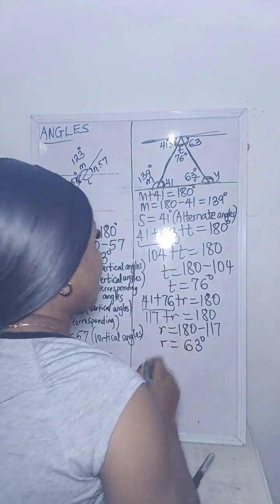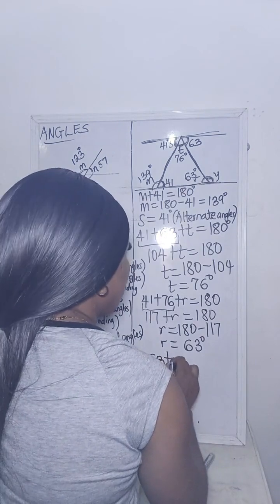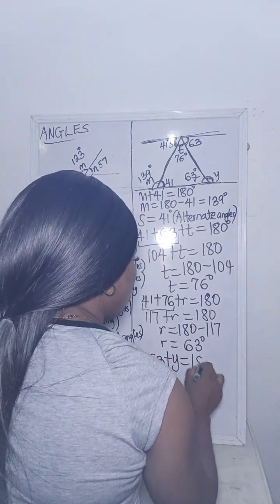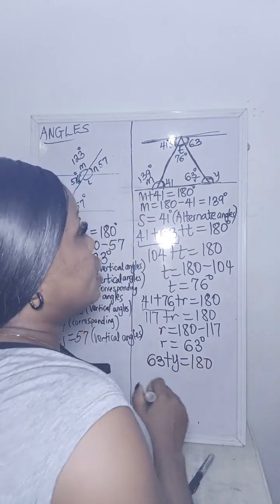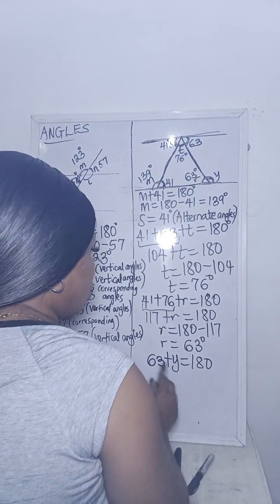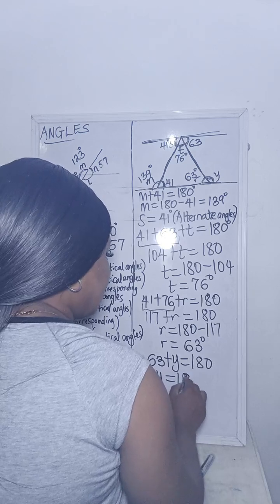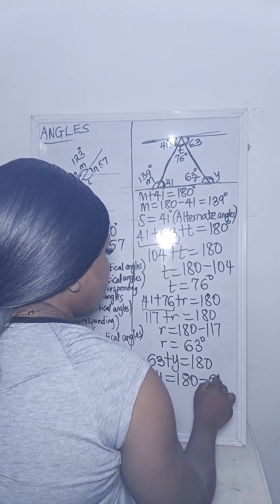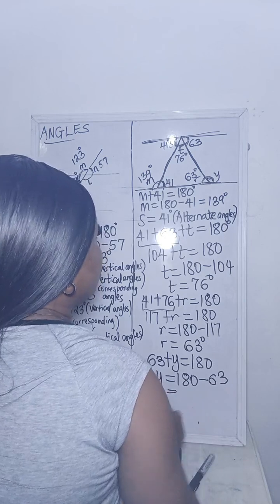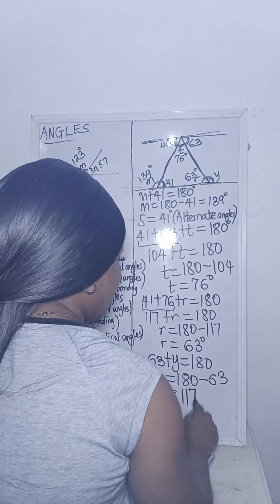So 63 plus y equals 180 degrees. So y equals 180 minus 63, and that will give us 117